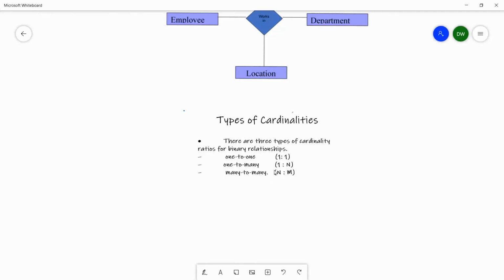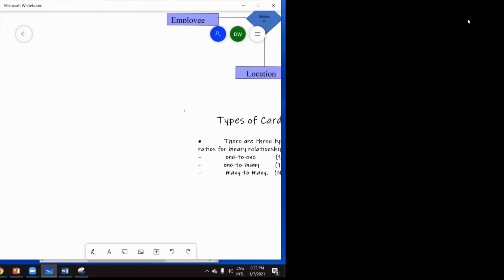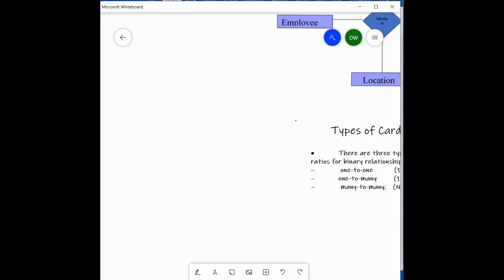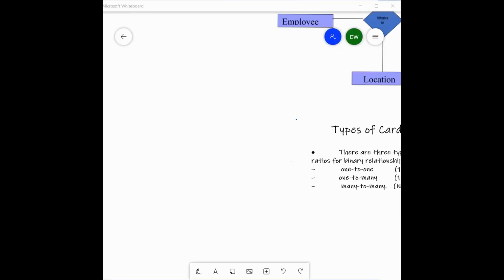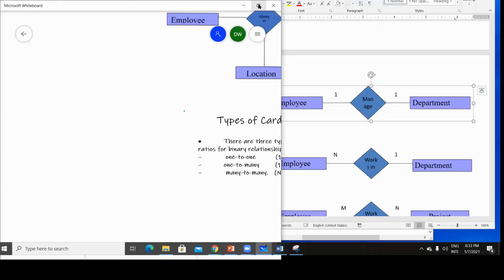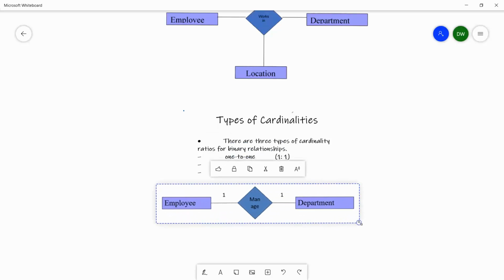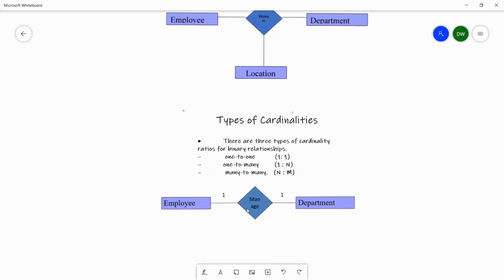Right? Cardinality means the number of relationships you have for one particular entity, right? So we know that between two entities we have relationships. So how many relationships can be there will be marked using these cardinalities. So I'm going to show you certain examples. Then you will be able to understand those clearly. Okay, right. So here we have one-to-one